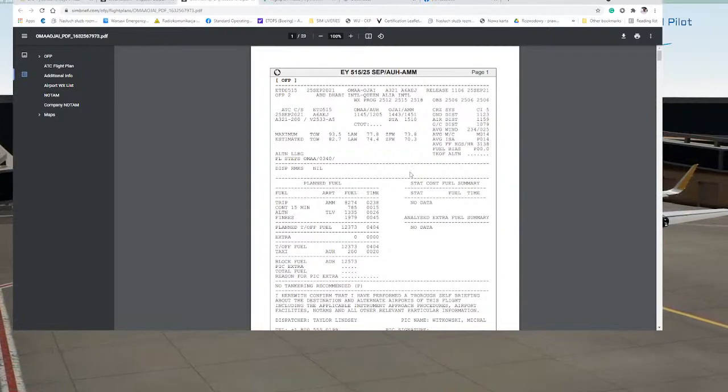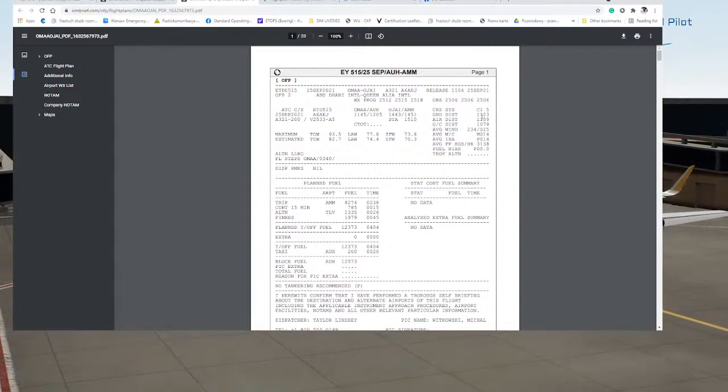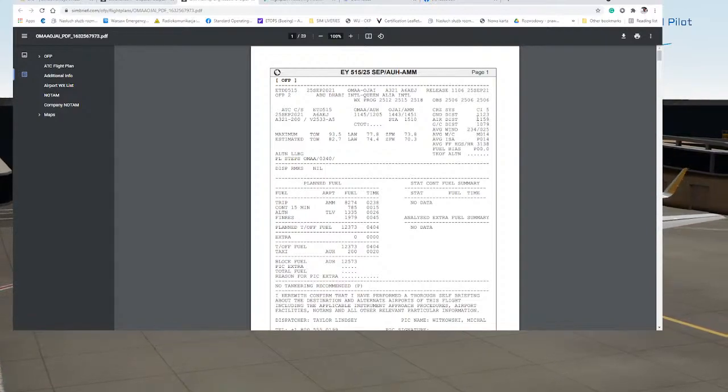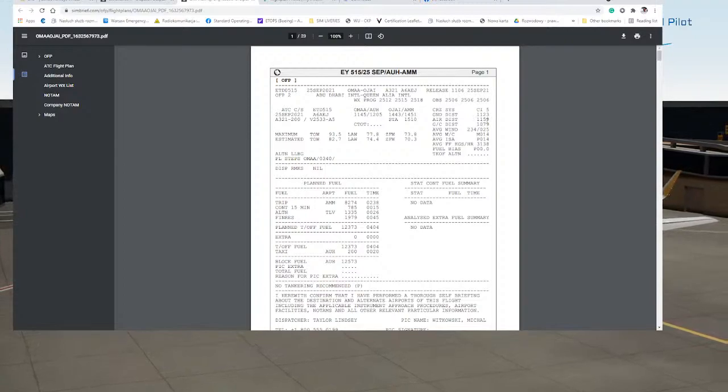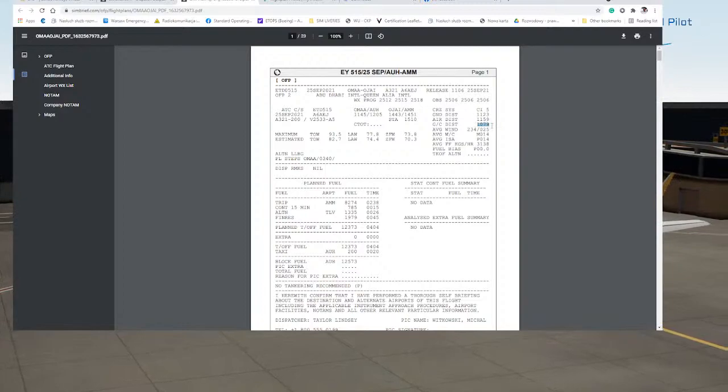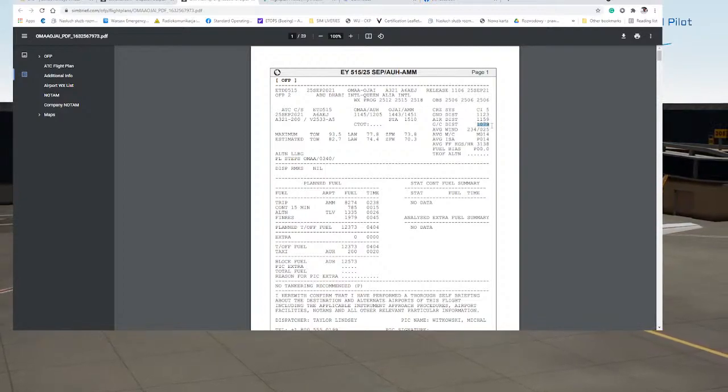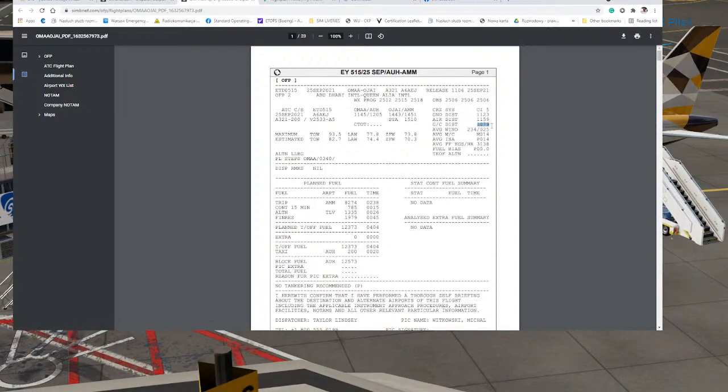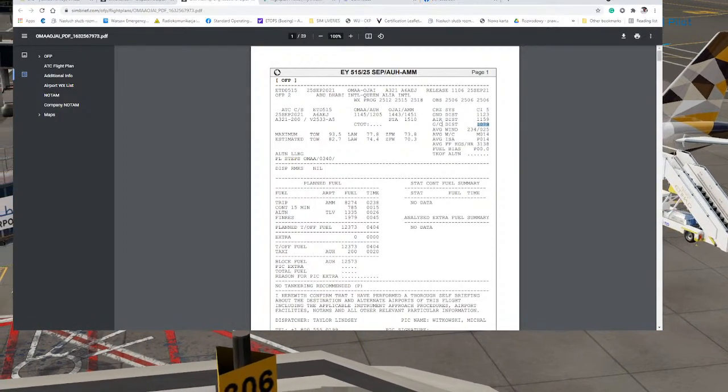Today's flight distance is 1,123 nautical miles, and air distance is 1,159 nautical miles. And the great circle distance is 1,079, so it's the best and the shortest way on the great circle